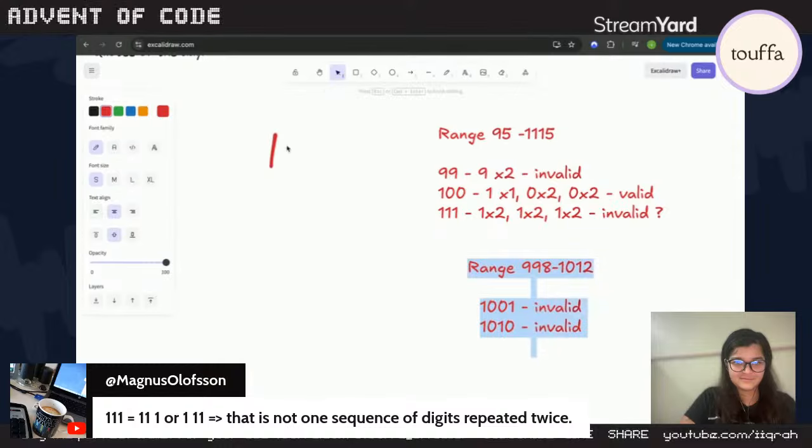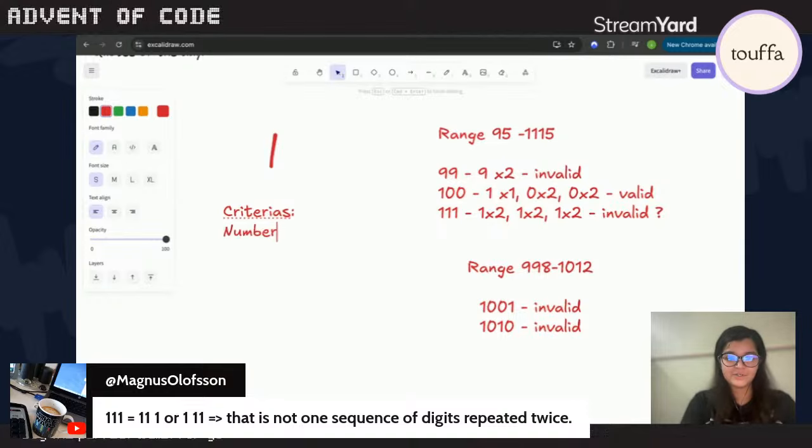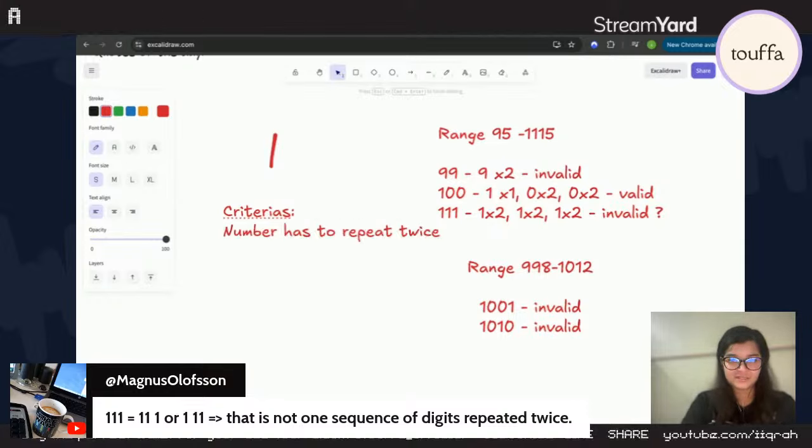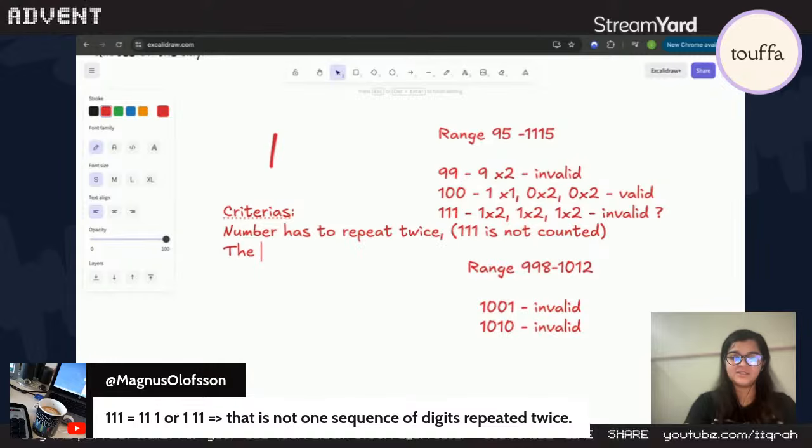Am I not able to use like a... Okay. So, criteria, I guess. Criterias. Number has to repeat twice. So 111 is not counted. The, what would you call it? The pattern